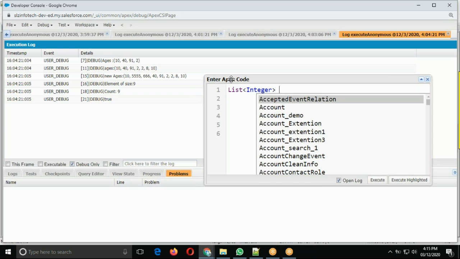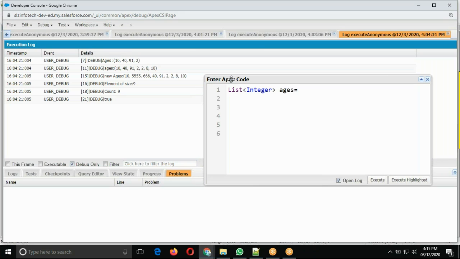Integer, ages, new, list, integer, and adding the value, ages dot list name, ages dot add value 41, then adding the next value, ages dot add 61,